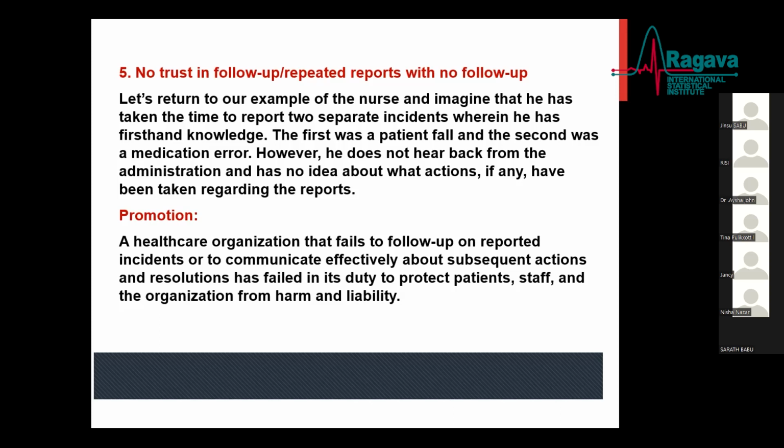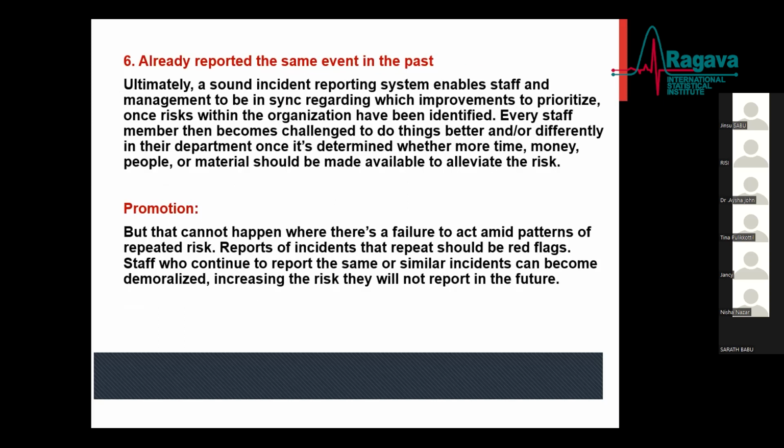So in this, what we do is make it open for all our staff members: what were the incidents of that particular month or year, and we tell them what actions were taken. Though the names are anonymous, the lessons learned are kept open to all the employees of the organization, so that a similar incident will not occur, and so they know we have already reported the same event in the past. So this is also one mindset.